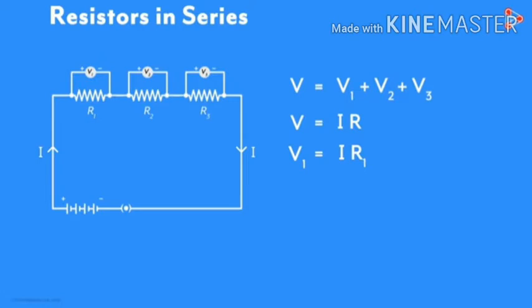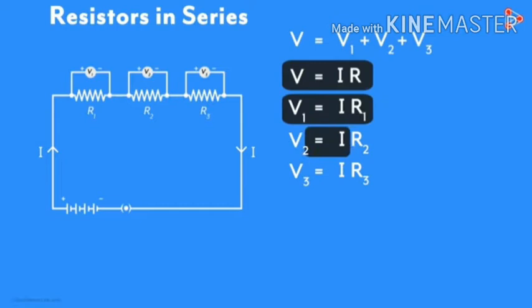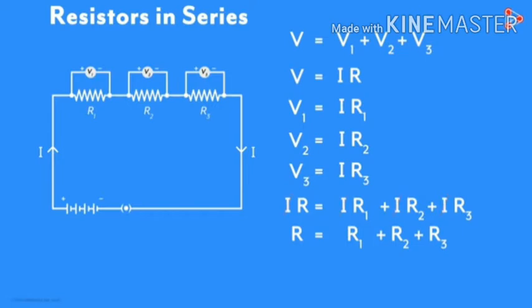That's the reason we have taken in each I. So that's the reason V1 is equal to I R1. Same as like R2 and R3. V2 is equal to IR2, V3 is equal to IR3, as you can see. Now as per V1, V2, V3, we have to put in the above equation, that is V is equal to V1 plus V2 plus V3. So for V1 we have taken IR1, V2 is equal to IR2, V3 is equal to IR3. So if you take I, so I get cancelled as the common product, so R is equal to R1 plus R2 plus R3, as you can see.